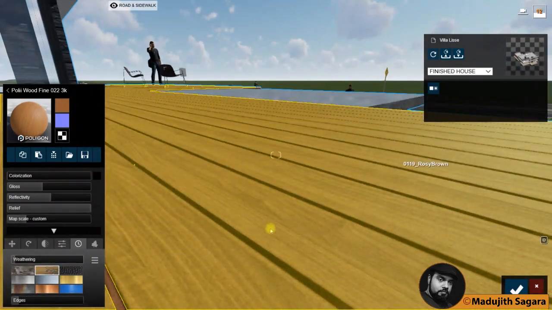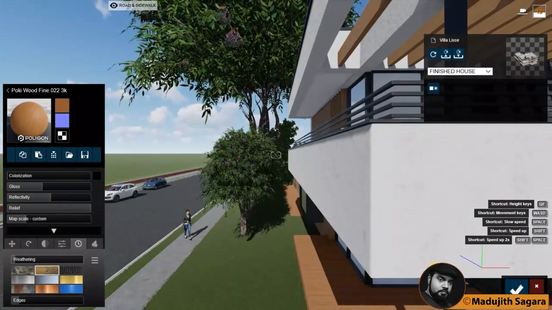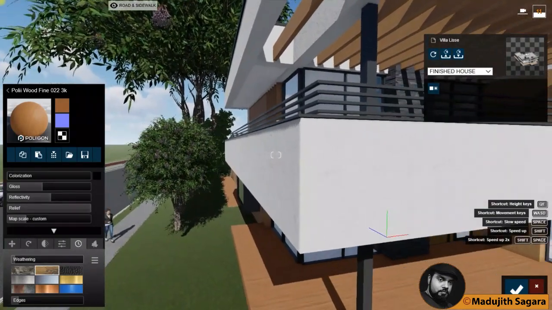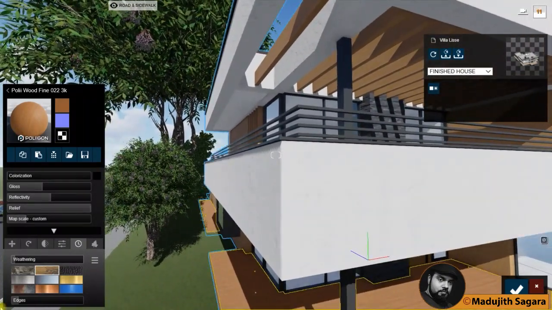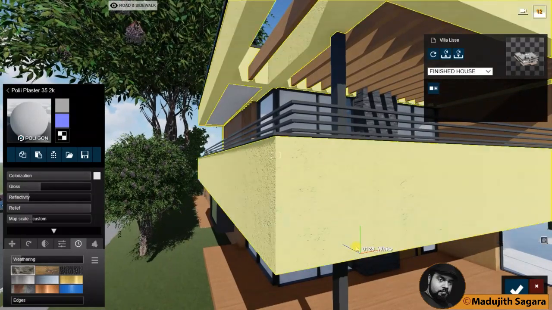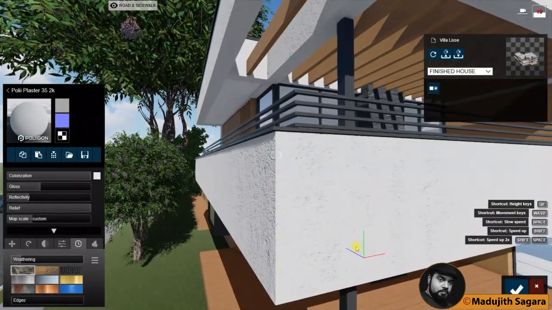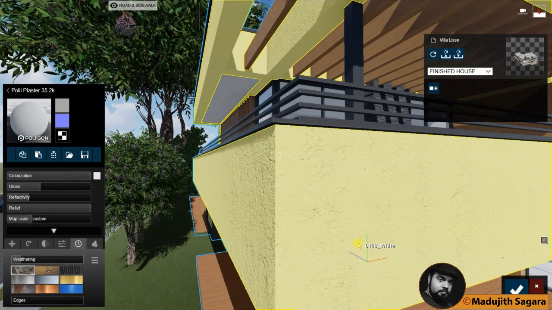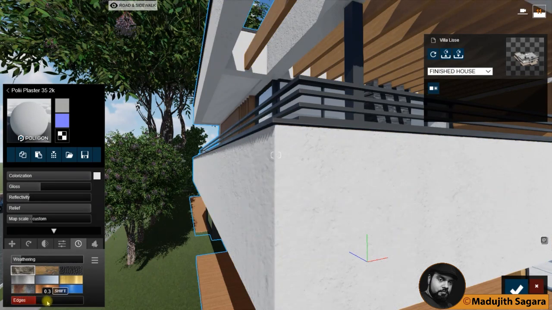Then you can do another thing. For that, I will go to a wall. Here you can see my edges are not very round. Here you can see this is a wall, a plastered wall. But the thing is, these edges are not round. You can have a close up. These edges are very sharp edges. But in the actual case, we are using some sort of rounded edges. How to do that? Select it and go to edges. Then make these rounded edges. Then it will create a very realistic look. That is called rounding edges.